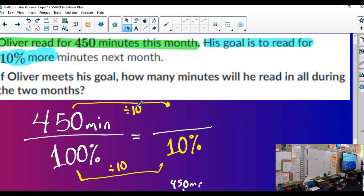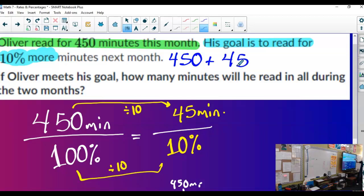All right, so if we divide by 10, what is the 10% here? 45 minutes. Hooray! You just take away the zero. Okay, so this next month then, you're saying you just did 450 plus that 10%, which we just figured out is 45. Okay, so what's that? 495. But wait,